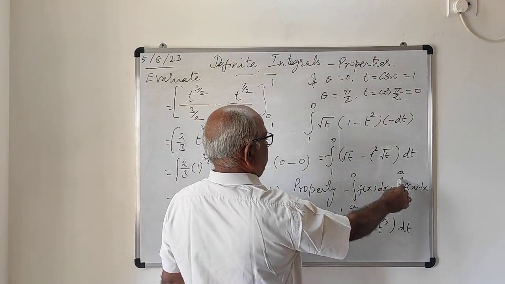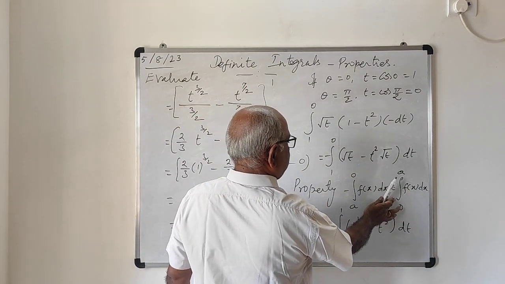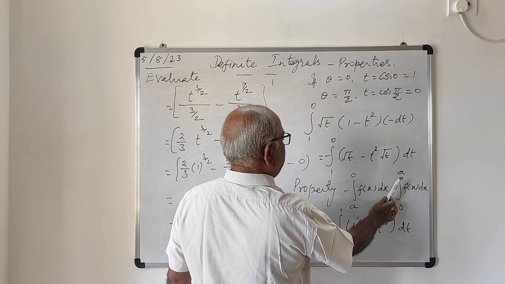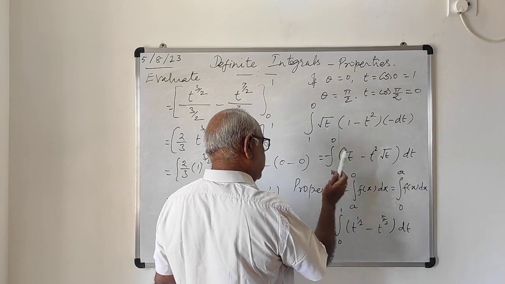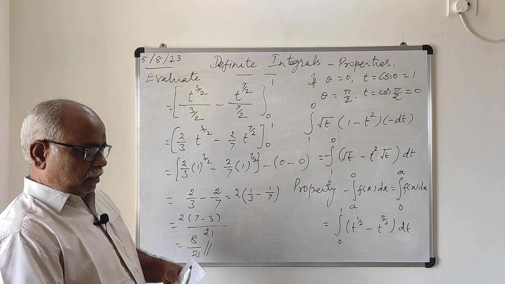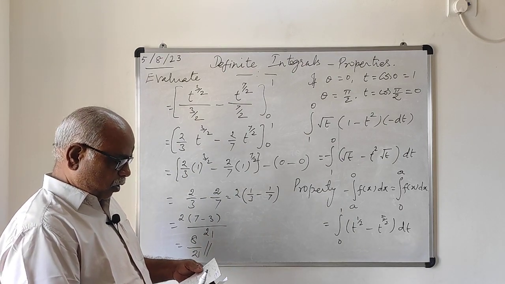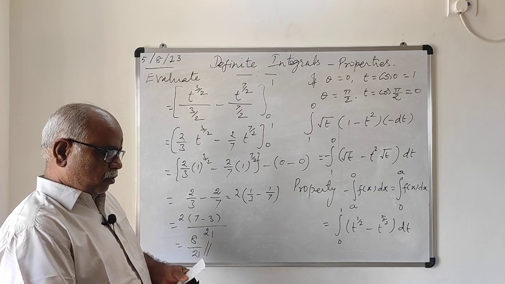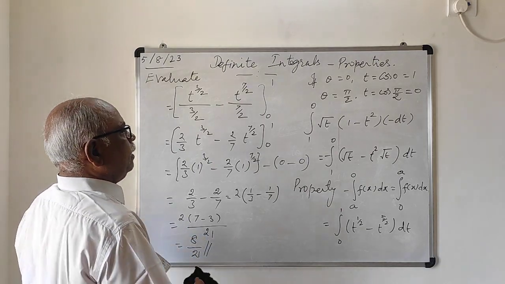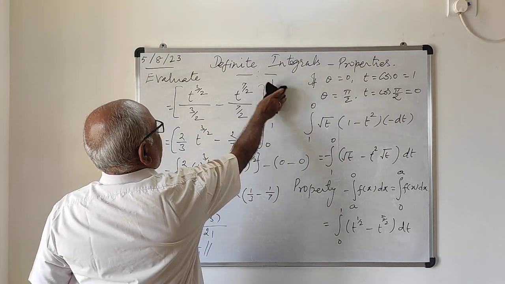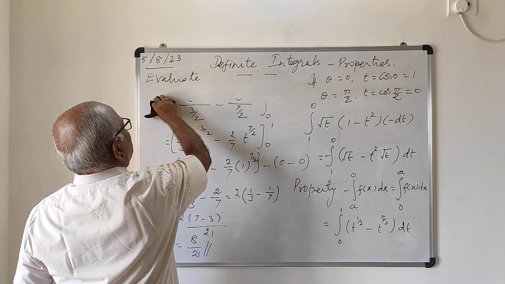If you are in a different integral, the limits are interchanged if the integral is multiplied by a negative sign. That's our problem. Next problem, I am going to solve one more problem now. That is integral 0 to 1. Okay. Next problem. Evaluate